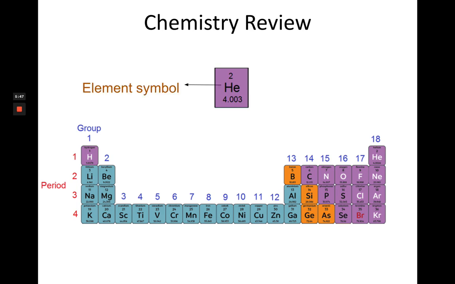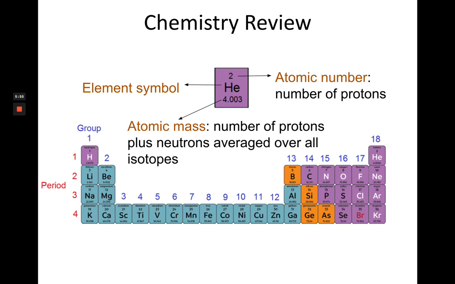Okay, so as part of our chemistry review, let's go ahead and go through the periodic table very quickly so that we remember what each of the key components are. So when we're looking at each of the boxes on the periodic table, here's a key so we remember exactly what we're looking at. Remember that the middle is the element symbol, the top is the atomic number, which represents the number of protons, and the bottom number is the atomic mass, which is the number of protons plus neutrons